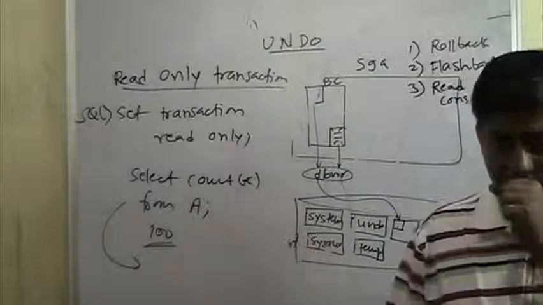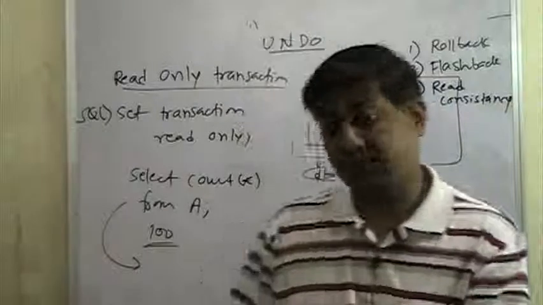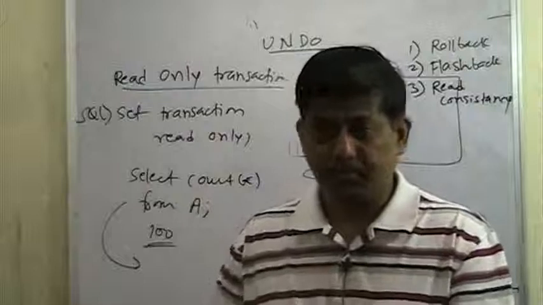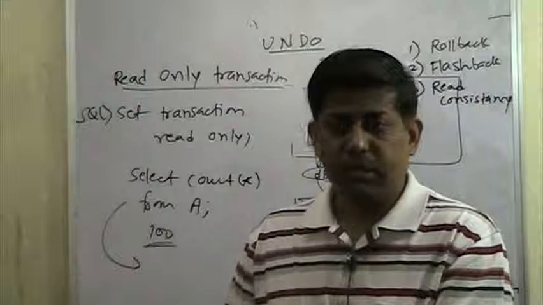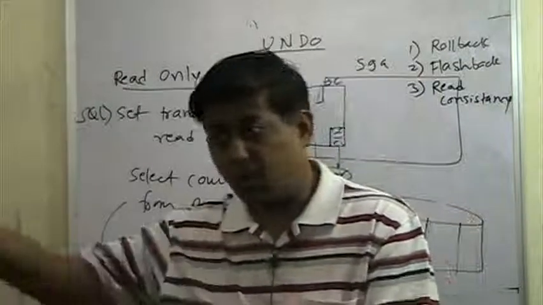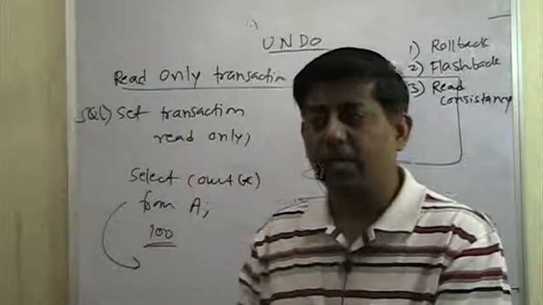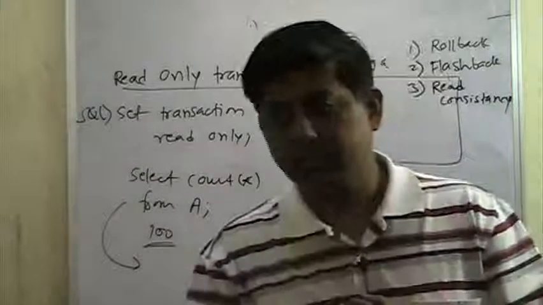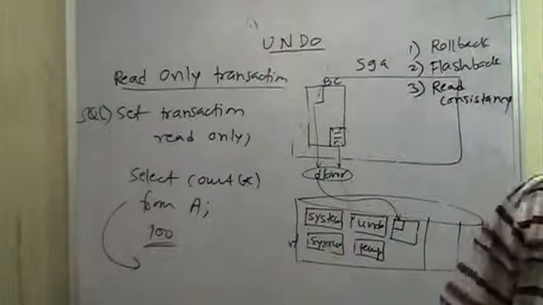So what difference does guarantee make? Guarantee means that for those 900 seconds, nobody else will overwrite it. That is the guarantee for 900 seconds after the expiration. As I said, even though my undo retention is 900, there is no guarantee that nobody will overwrite it, because if another transaction requires more undo space, it may overwrite it. So the guarantee is that for 900 seconds, nobody will overwrite it. That is what undo guarantee is. We'll see how to set up that undo guarantee a little later. But that is the most important thing.